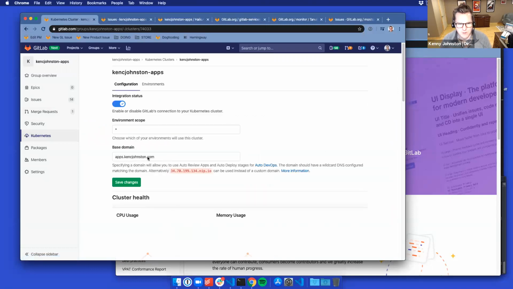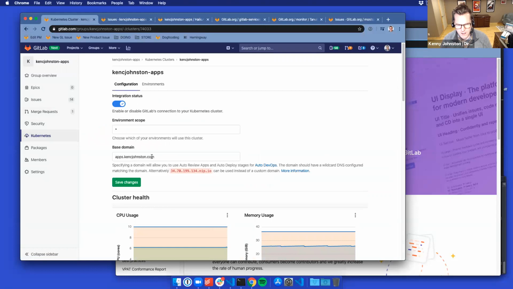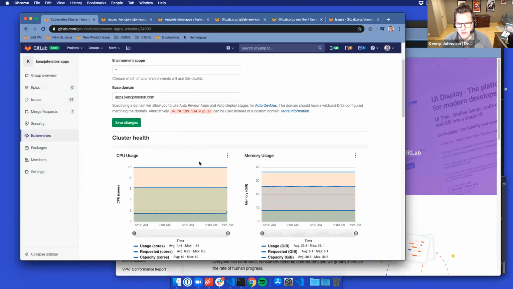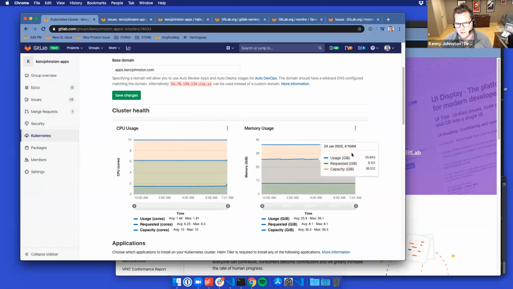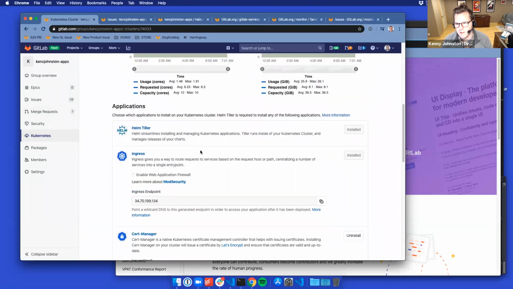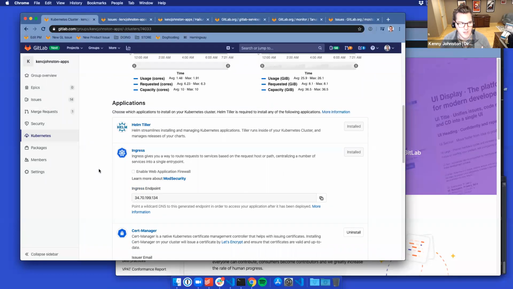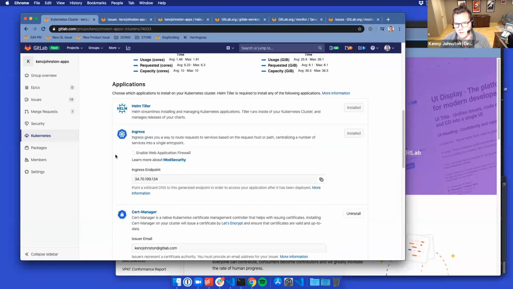So here you can see I added a base domain, which means any new app that I deploy automatically has a URL. That is a domain that I own. You can immediately see some high-level overview of the cluster health, including the memory and CPU usage. This is the GitLab managed application menu where you can install various applications that help you in the operation of your applications. Those include things like Ingress,